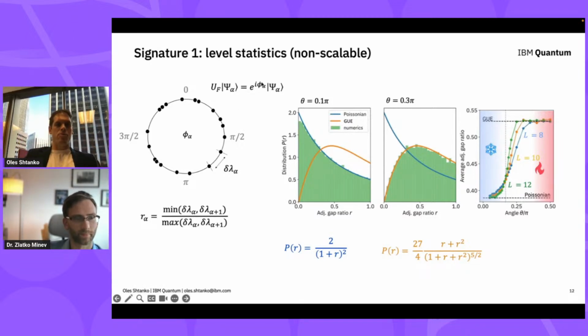So it's in the complex circle, but phi alpha is a phase, and a phase is a real number which takes values from 0 to 2 pi, and essentially you can put it on a circle. That's what I meant. And the measure delta lambda A, are you taking an angle difference? Yes, actually it should be delta phi alpha, I somehow just slipped my attention. So this should be essentially the difference between two closest values of phi.